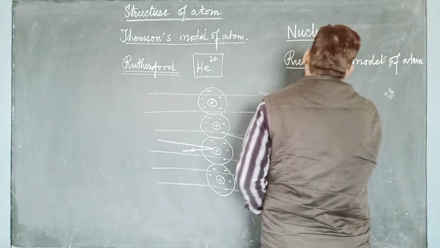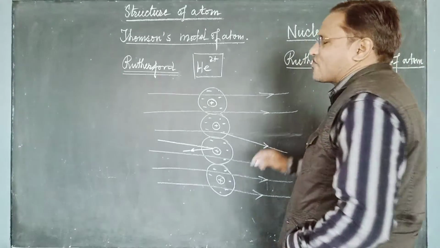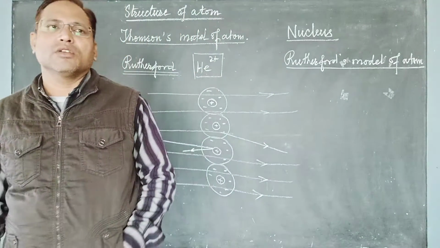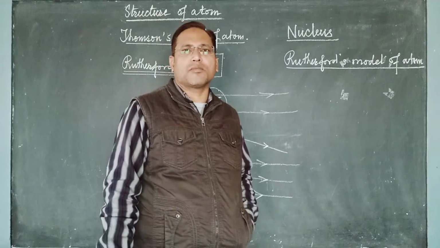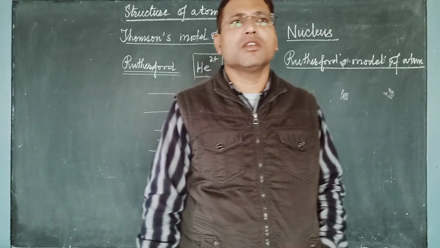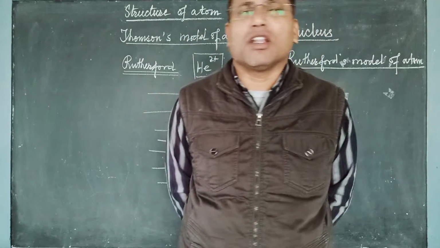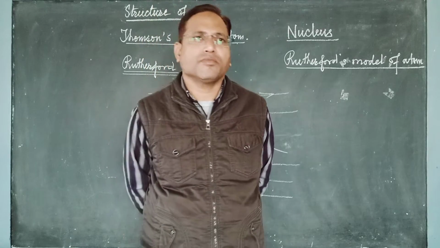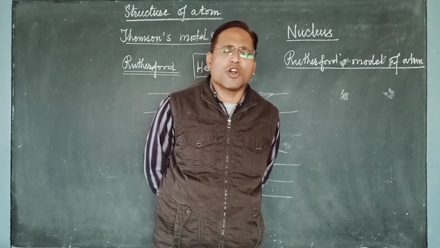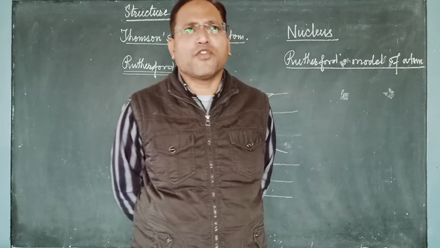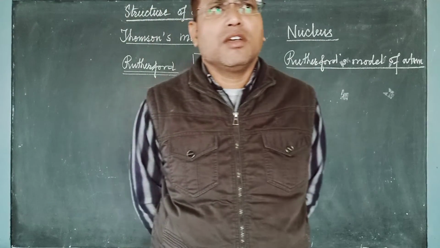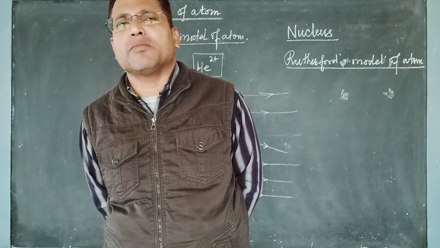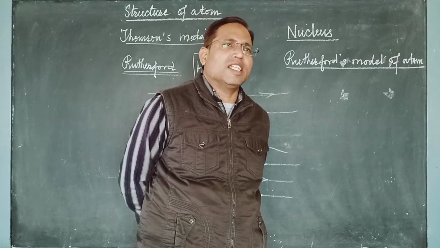After performing his alpha particle scattering experiment, Rutherford gave some postulates, some points, some theory, and we call them the points of Rutherford's model of the atom. After observing what he had observed in the experiment, he told us that the atom,